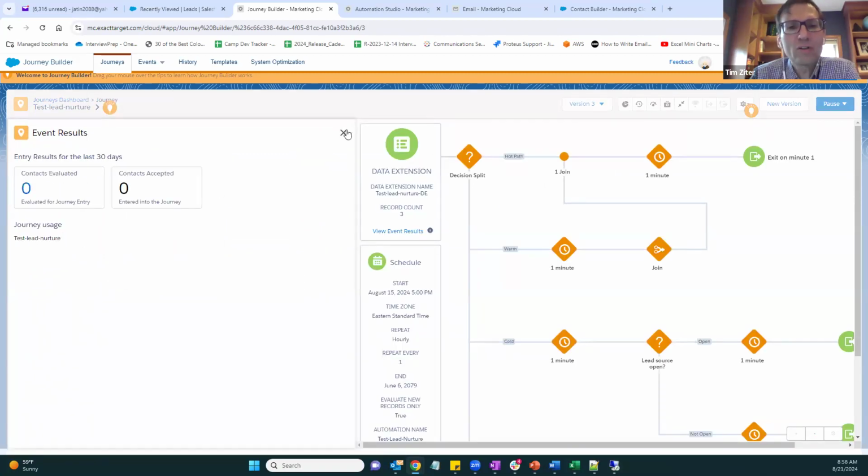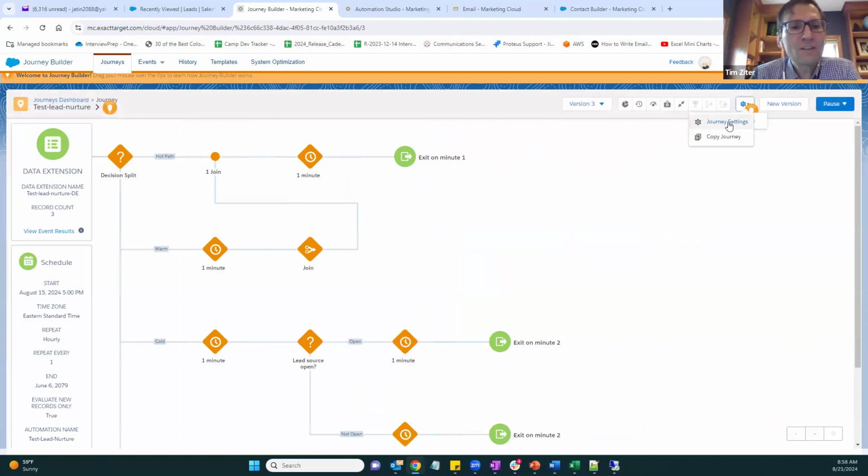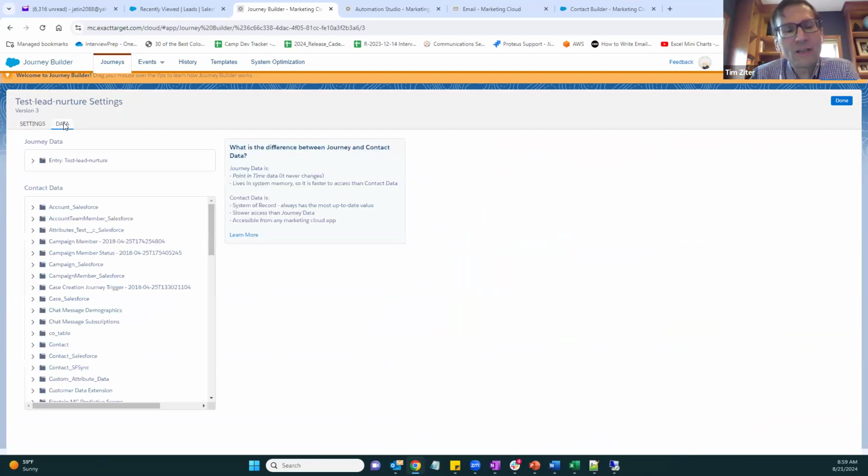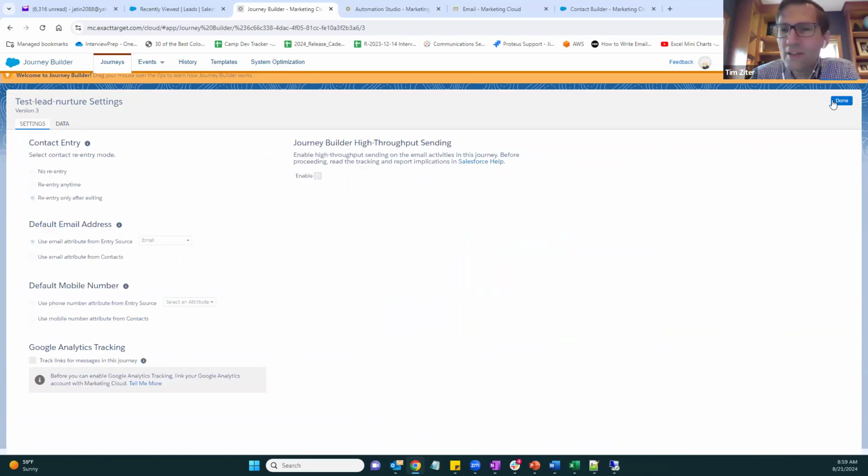We'll set up a simpler journey where it just has those paths and get that running first, to get them fed into the journey, and then we'll add the complexity a little bit later. Sort of jumped the gun on that, so my apologies. But this is a really good use case in that Journey Builder sometimes has a process of how you build